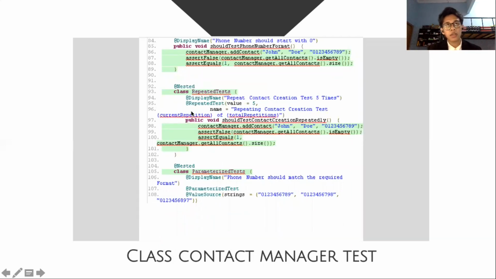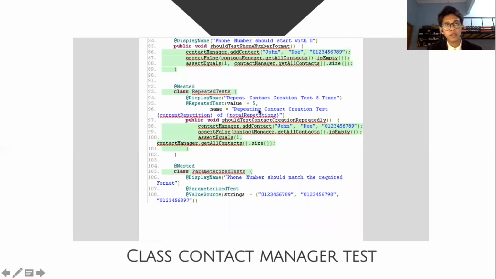In here we have a nested annotation. And I'm using repeated tests for implementing this code.